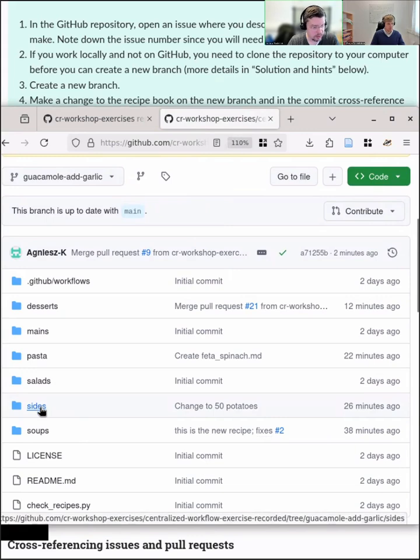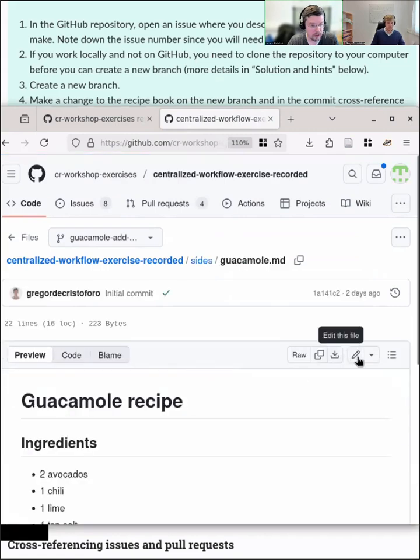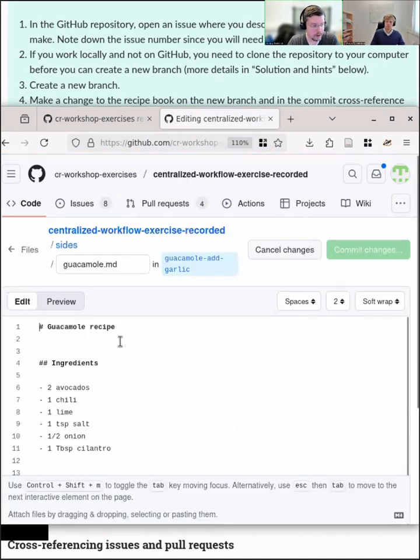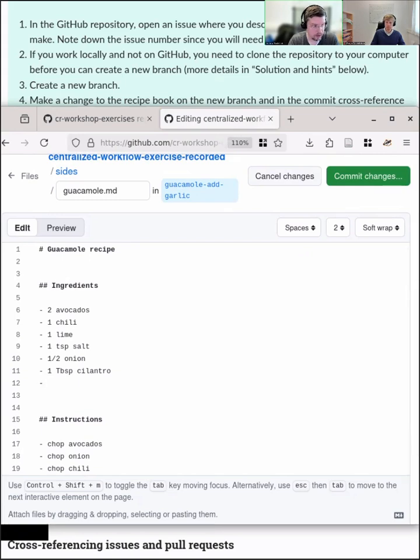If you're working locally, this would be where you would edit the file directly, but we're going to do that in GitHub. So here's the guacamole recipe, and we can go and edit it. And there's the edit this file. And so we can go down here and add 2 cloves of garlic.